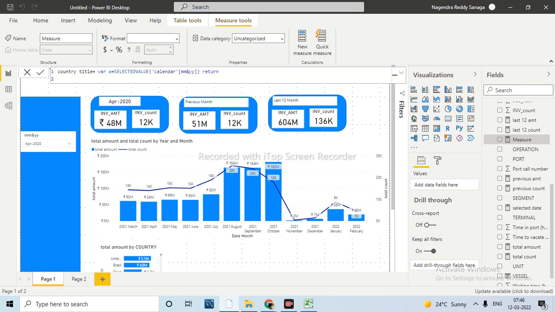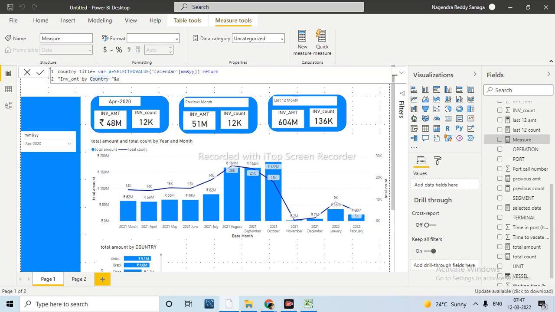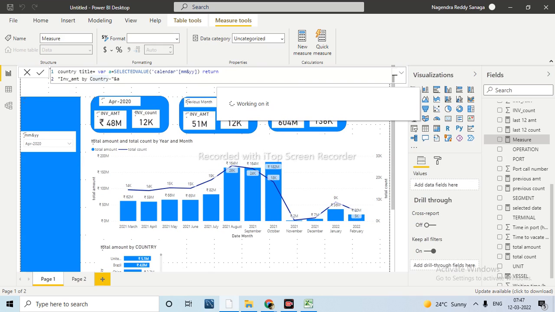When we pass text, we need to pass it in quotations: "INV amount by country", hyphen, and here I am passing this variable. Now I have created that measure.